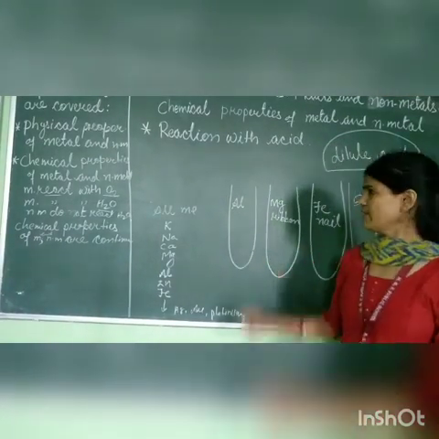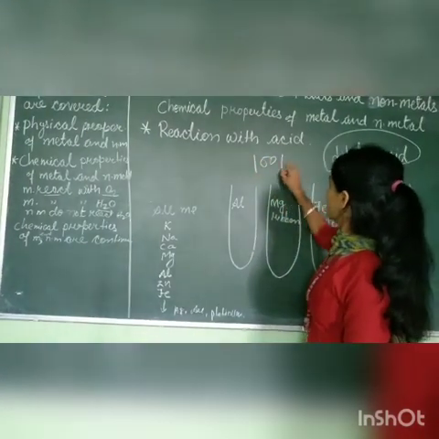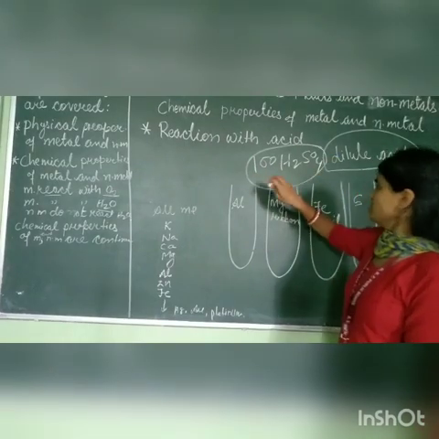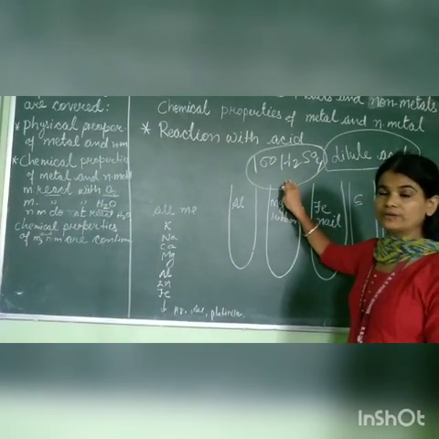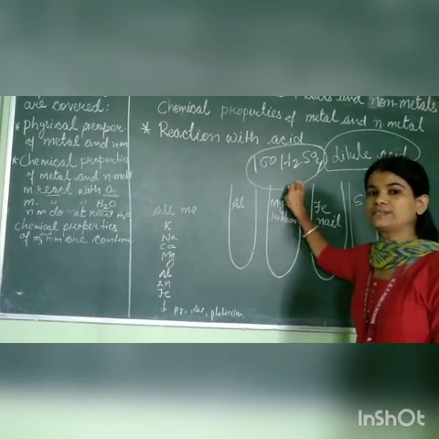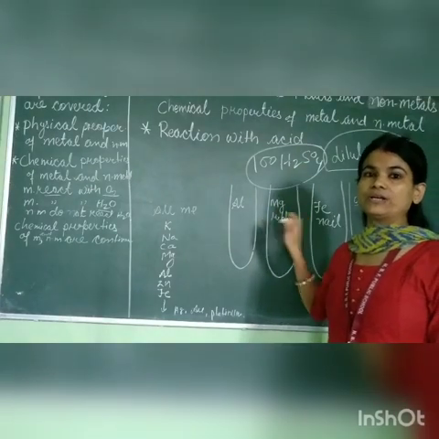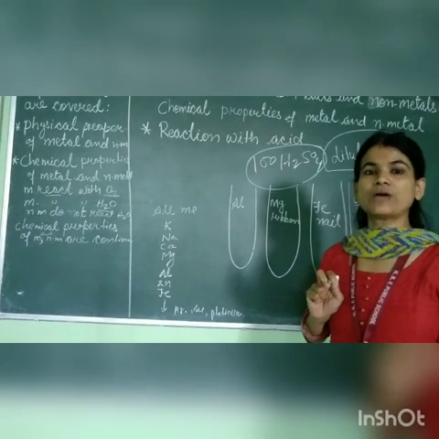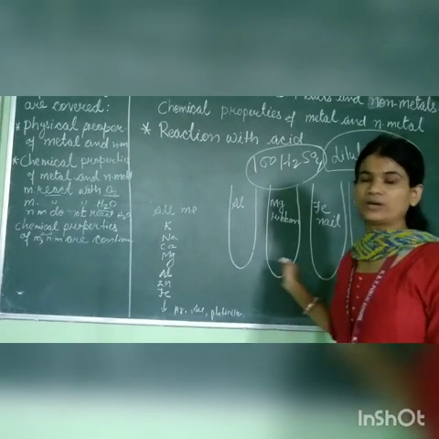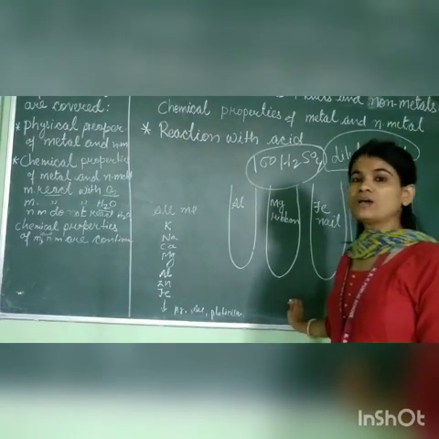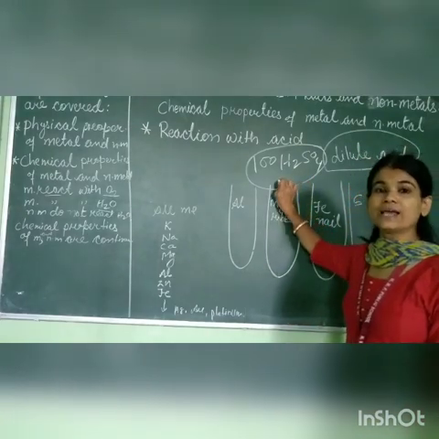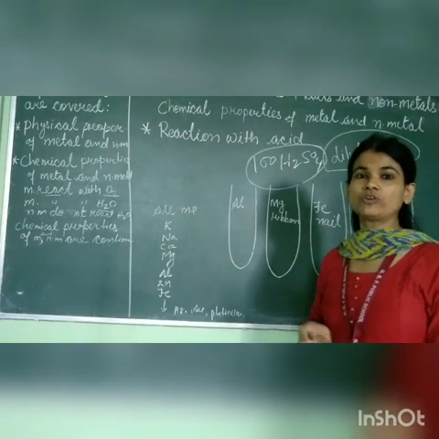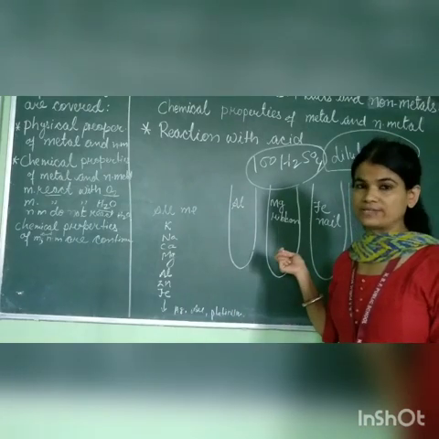Suppose there is 100 ml of sulfuric acid, H2SO4, and this is concentrated, means it contains the full acid. We can convert it into a dilute acid by mixing it with water. Why is dilute acid required during the experiment? Because a concentrated acid can injure us. It can release a high amount of heat and a high amount of gases.